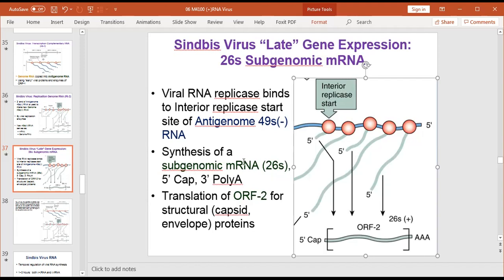subgenomic mRNA, or 26S, that will code for open reading frame 2. Open reading frame 2 will be translated to make structural proteins required for the capsid and envelope. And this messenger RNA, the subgenomic mRNA that is being produced, has a 5' cap and a 3' poly A